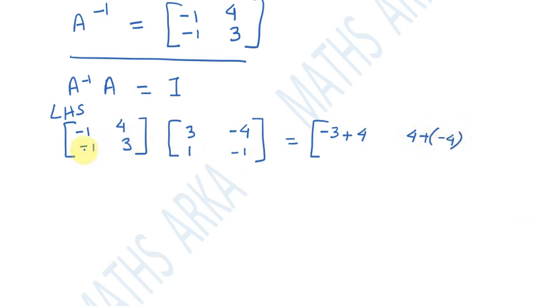Then what do we get over here? Then second row, first column, minus 3 and then plus 3, minus 3 and plus 3. And what do we get over here? Plus 4 and then minus 3, 4 minus 3. And let's just see what do we get. 4 minus 3 is 1, 4 minus 4 is 0, 3 minus 3 is 0, 4 minus 3 is 1.